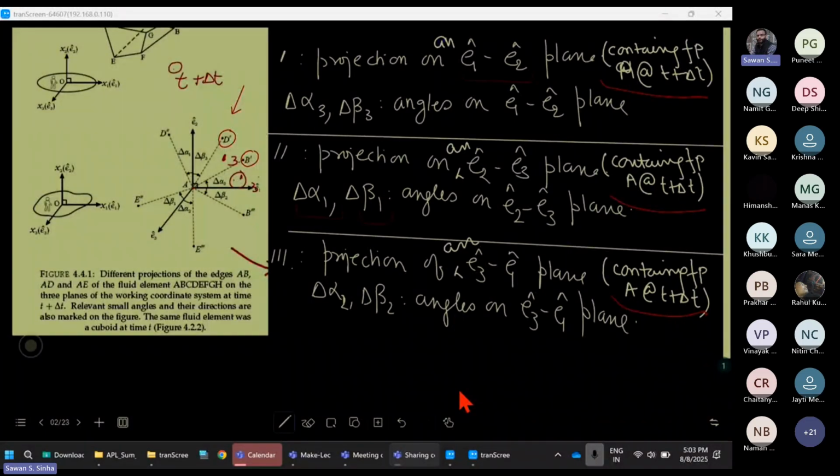But this particular plane is the one E1 E2 plane which contains fluid particle A